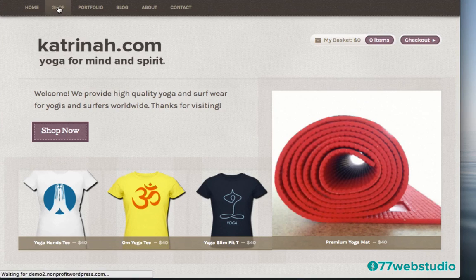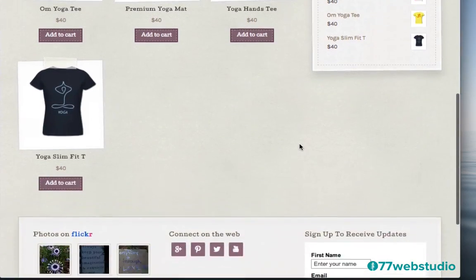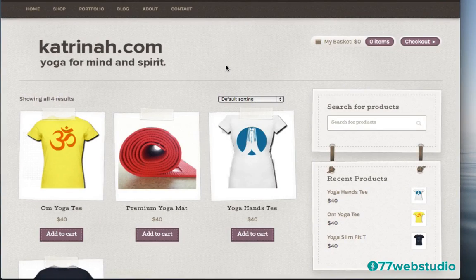When I click on shop, you'll see here we are on the shop page, and as I mentioned before, there's a lot of really neat, really fun, artistic, creative, crafty looking design elements throughout the website and including on the shop page. So now we have these Polaroid looking images for each of the different products held up by tape, as we can see right there, and then you've got these straps with tilted boxes and this dashed line all around it. So this is just a really cool, creative, crafty theme. This is the shop page where all the products in your product catalog will be featured.